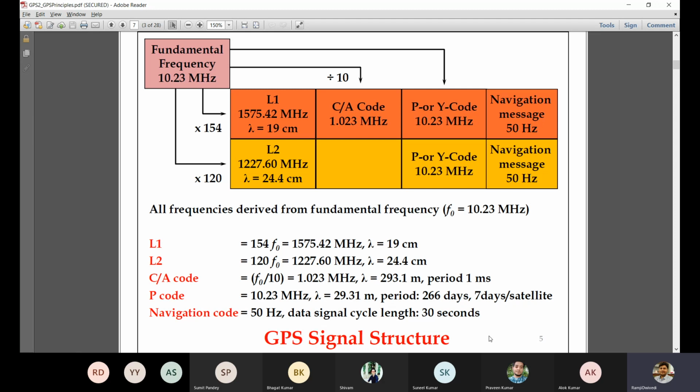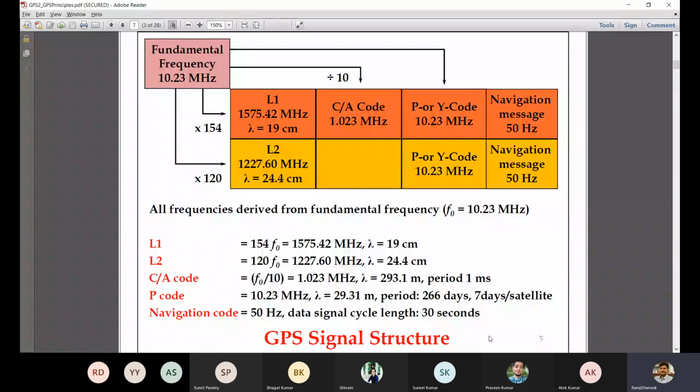So the oscillators of the atomic clocks are responsible for generating this 10.23 megahertz. Many times students forget how this fundamental frequency is generated. Frequency is always generated by certain equipment. The oscillators generate this fundamental frequency, so the fundamental frequency 10.23 megahertz is generated by your satellite oscillators, and